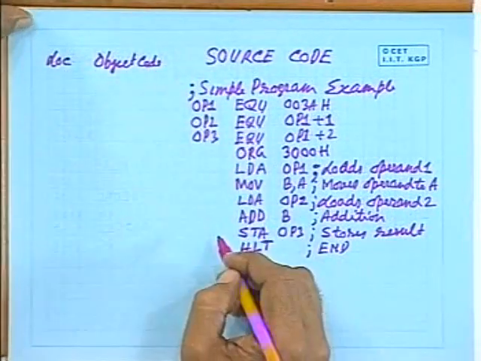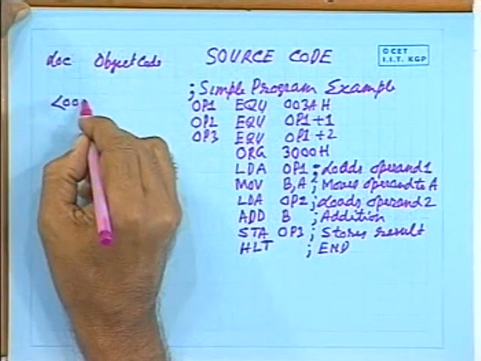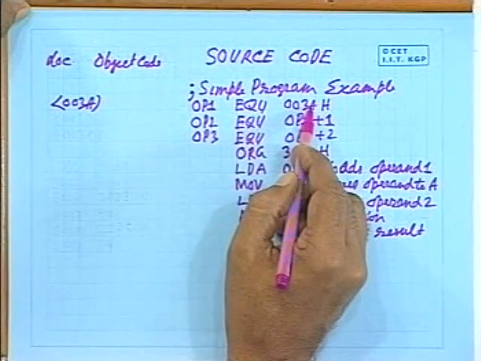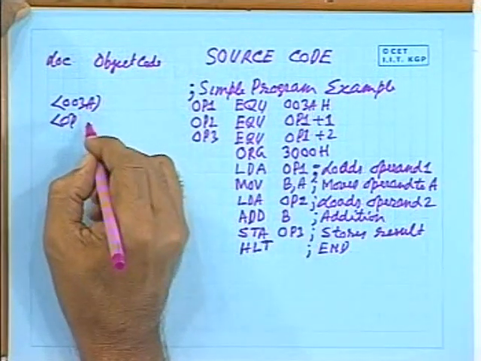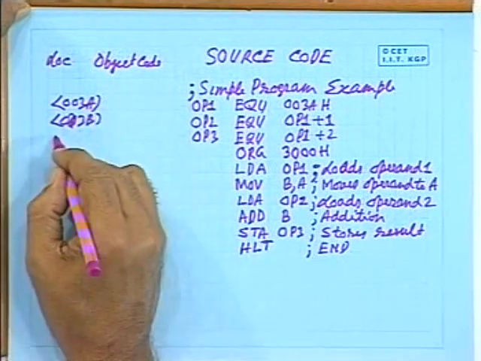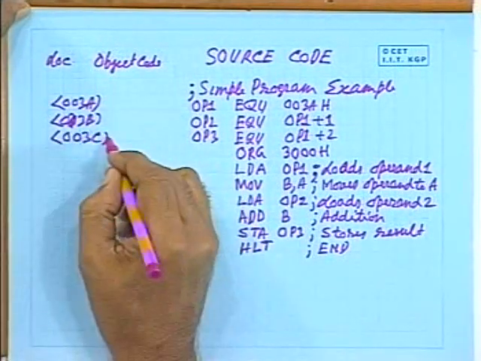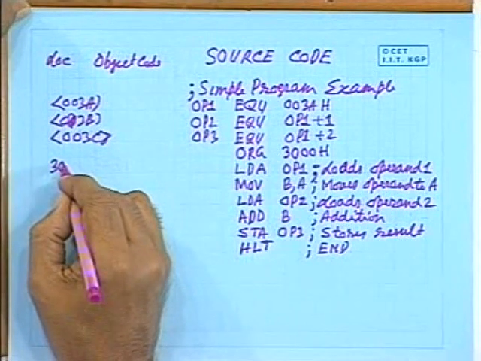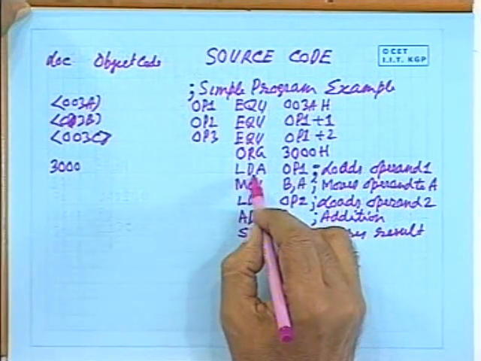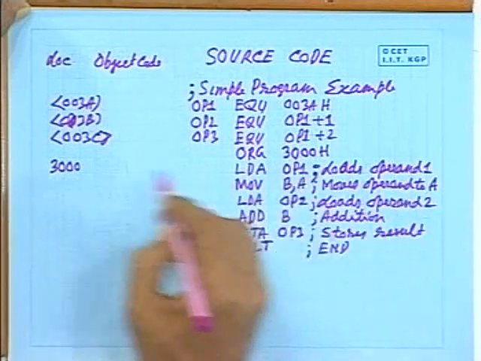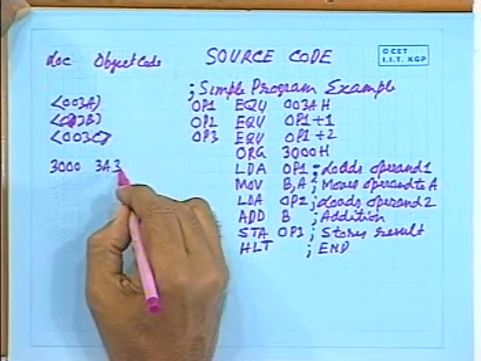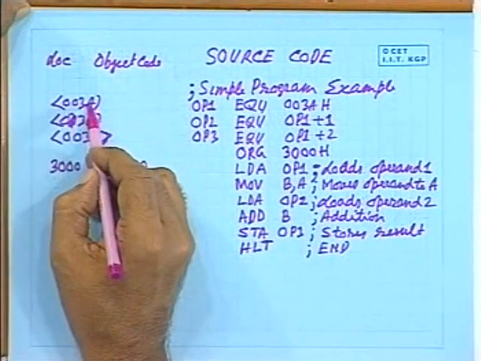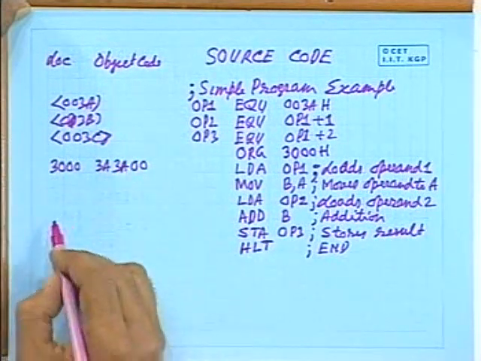Location and object code. So this will be converted into 003A. That means operation 1 is equated to this, then 003B and 003C. Then your program will start from memory location 3000, and code for this particular instruction is 3A00, because this OP1 value is 003A, first the lower order byte followed by the higher order byte, and then